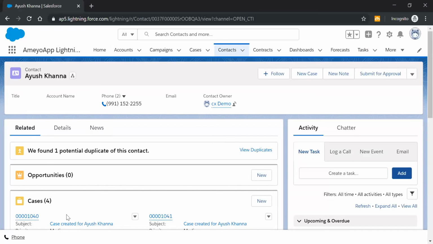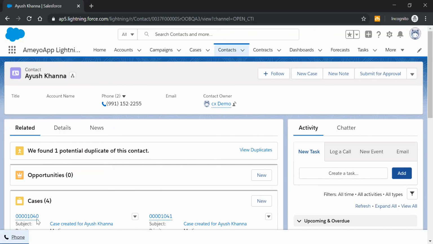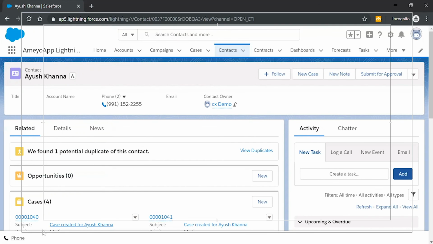Plus, we discussed the various functionalities the agents can perform from the telephony panel, like putting the call on hold, on mute, transferring of a call, taking conference, scheduling a callback, as well as a disposition. And yes, lastly, we saw how the click to dial functionality works, where as an agent, I click on the number and the call will be automatically initiated. So these are the various capabilities that Amir offers when we integrate with Salesforce CRM.